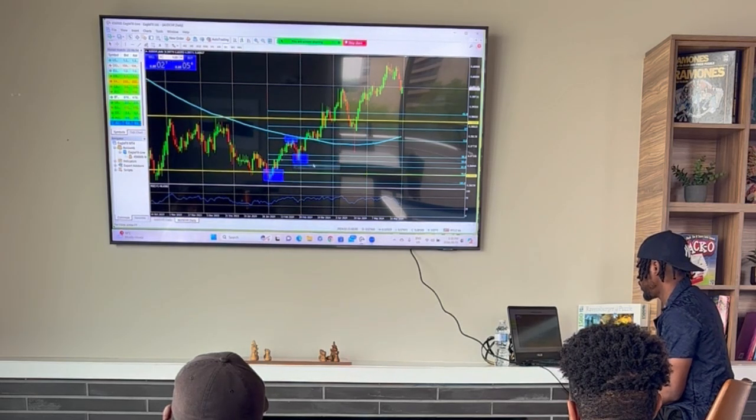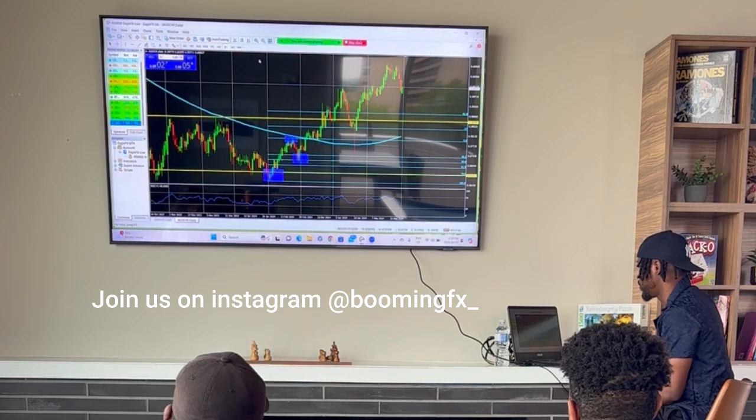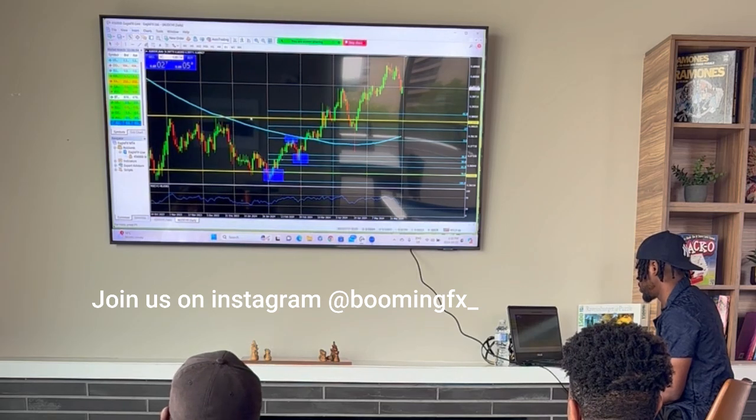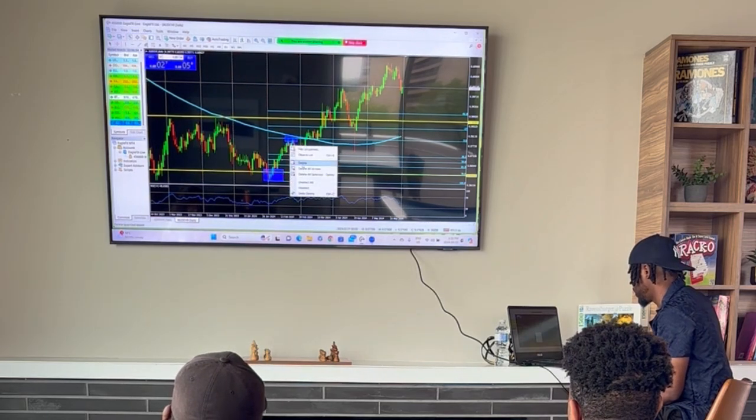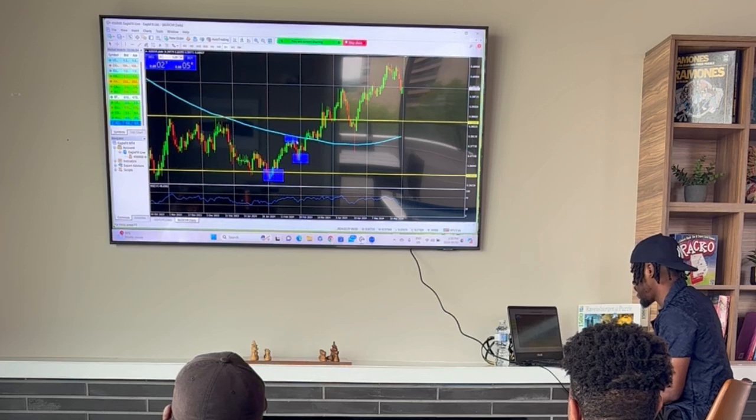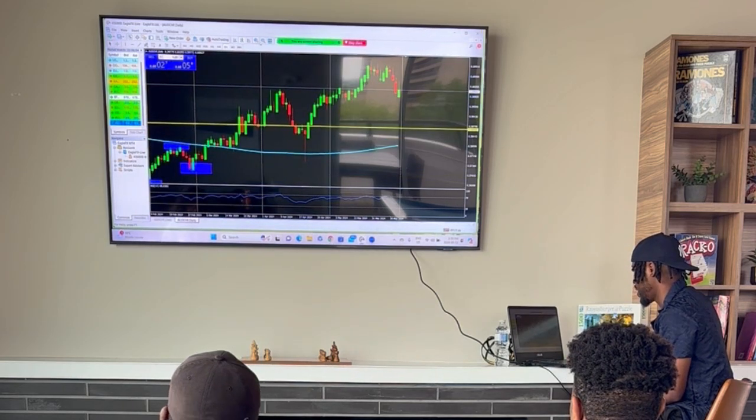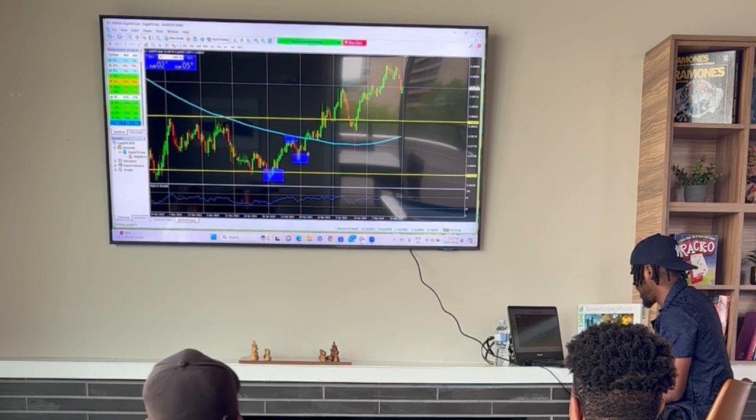So then the market went all the way up to give you the next structure. Let me remove the fib real quick. Got the low, got the high, got the higher low. And this is where it might be a little bit confusing, because this is not structure. You can't really call this structure, because this is more like a break and a retest of this level. A structure has got to be from,